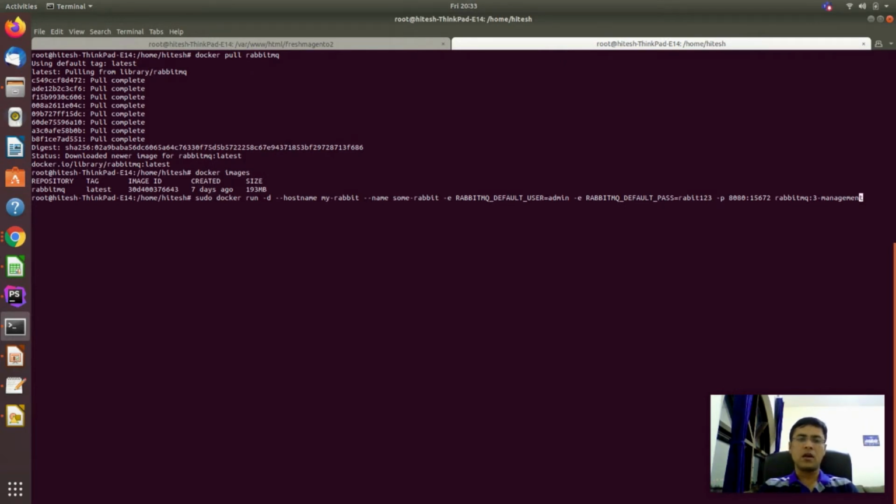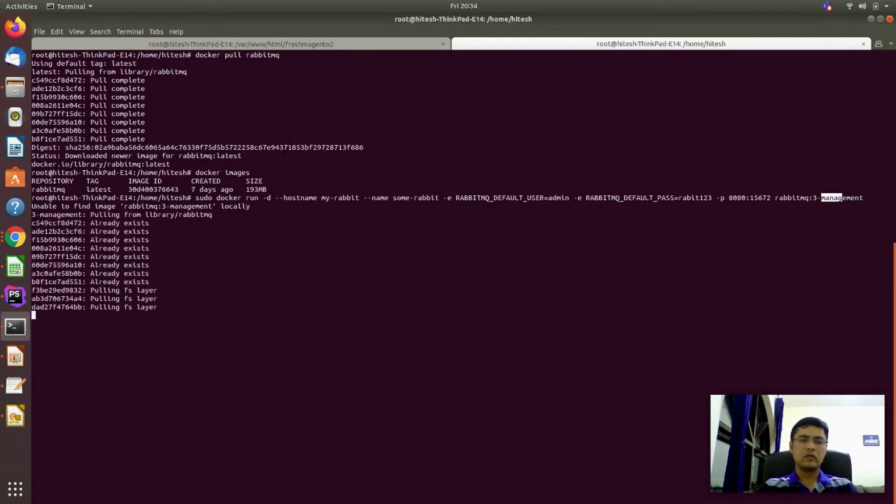Now we will run the command for the Docker container. Here I am taking the RabbitMQ management image.